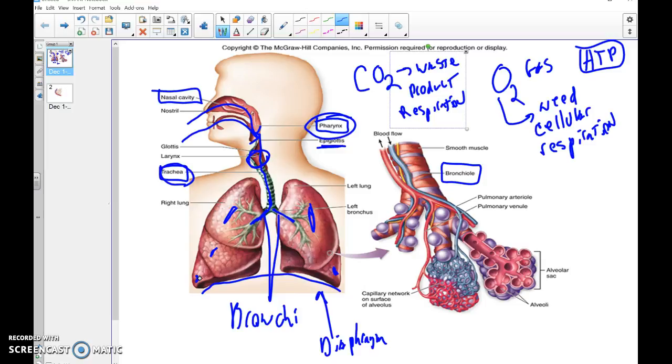Now, once that air travels through the bronchi, it ends up in all of these smaller tubes. And if we go over here to this diagram, you can see that those smaller tubes are called bronchioles. So we're basically just getting smaller: trachea, bronchi, bronchiole, all right? And what the bronchiole ends in is these little structures. You can see they almost look like little tiny balls, or sacs is the word we use, and they are known as alveoli.